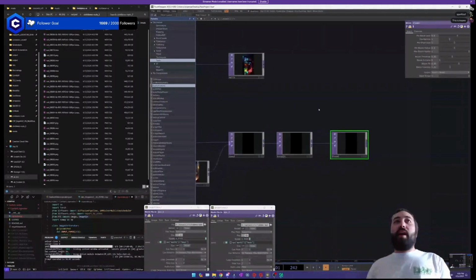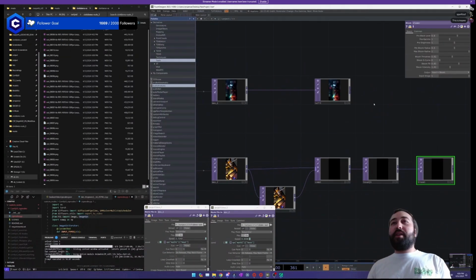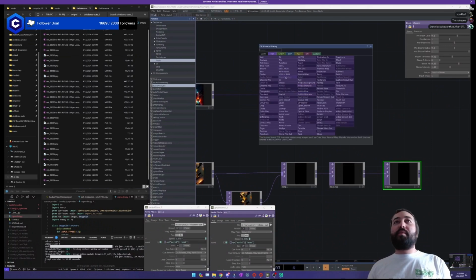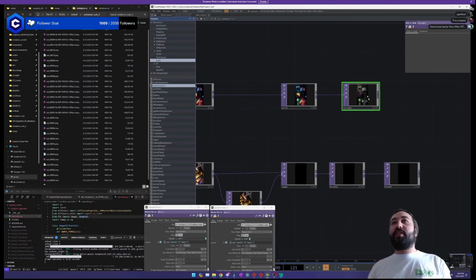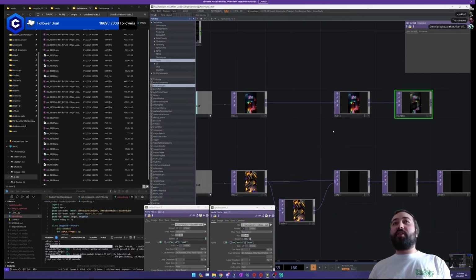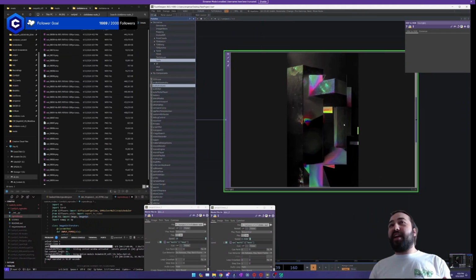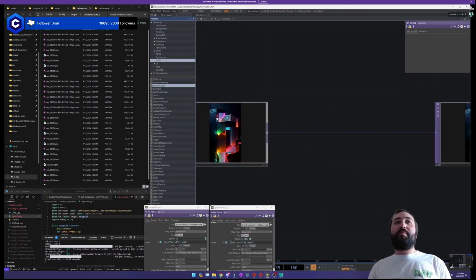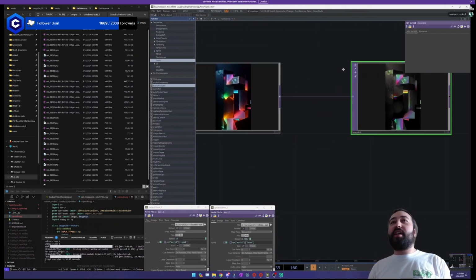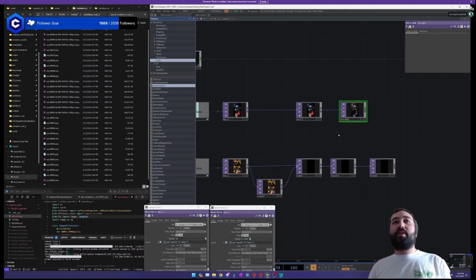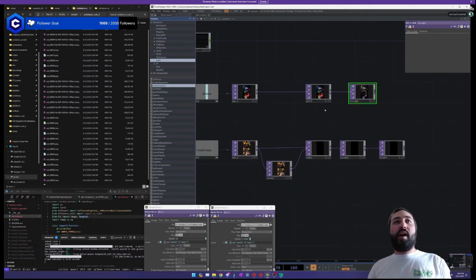Cool. And now I'm going to do something I thought was kind of fun when I was putting this together. I'm going to use this node called HSV to RGB, and this is just going to convert the hue, saturation, and value into red, green, and blue. It just gives it this kind of cool look. So it's just going to change the look of the graphics a little bit. I'm just going to throw that in there.